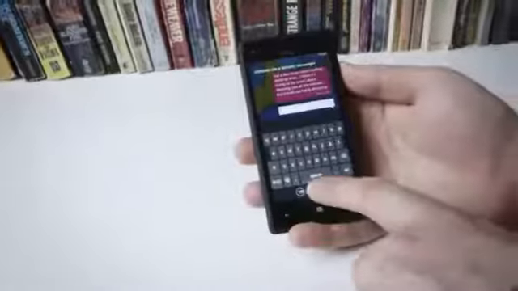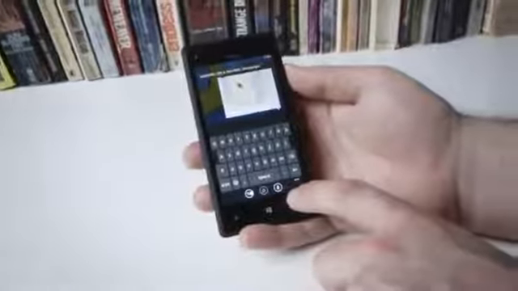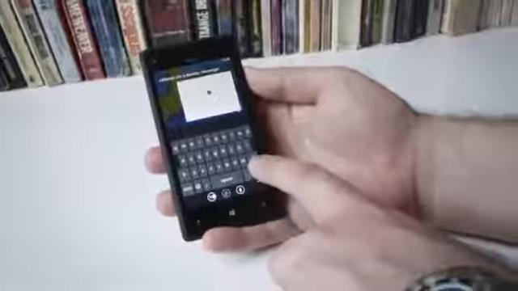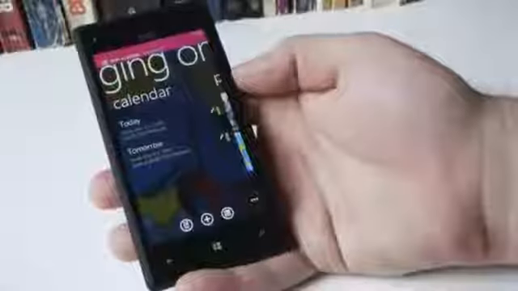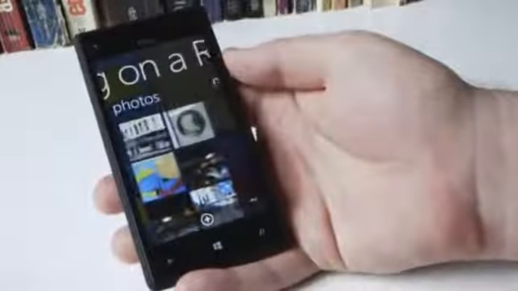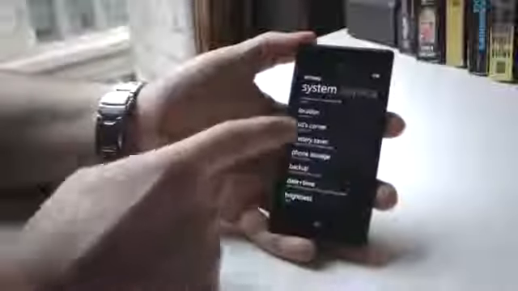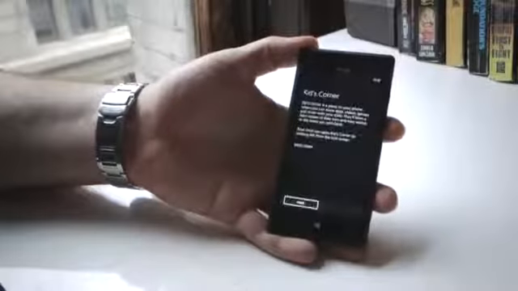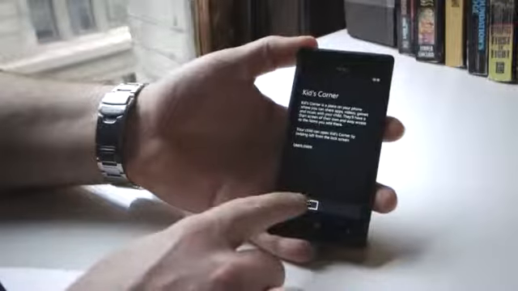Rooms is one of the big features that Microsoft is touting for Windows Phone 8. Besides texting, you can also share locations. You can share a group calendar. You can share photos. And then there's Kids Corner, which is the feature designed to make Windows Phone 8 very